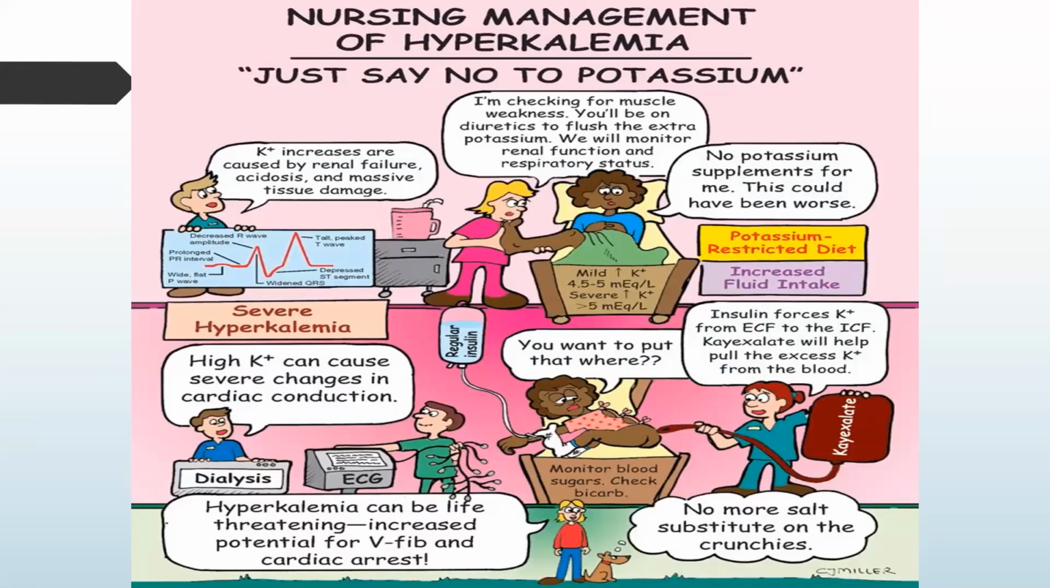Stop oral and parenteral potassium intake. Polystyrene sulfonate or Kayexalate is administered orally or rectally. This is a cation exchange resin that promotes GI sodium absorption and potassium excretion. Patients with moderate hyperkalemia should receive IV administration of hypertonic dextrose with regular insulin to help move excess potassium